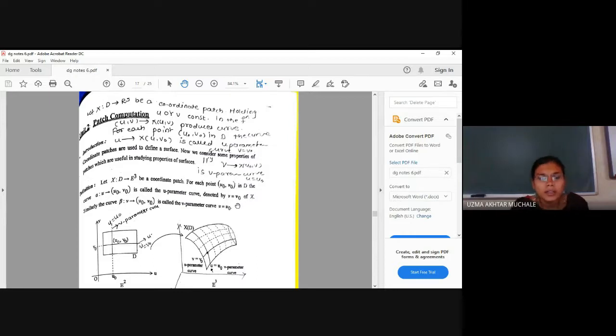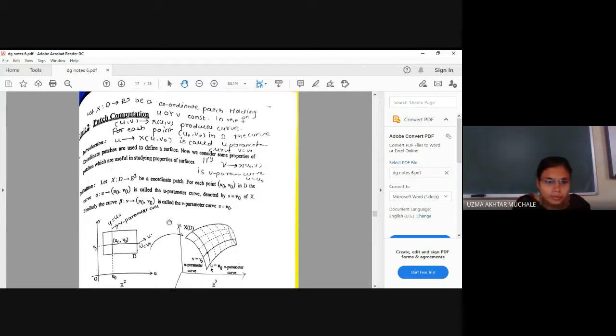Just like, suppose I want to say what is the x-axis, we will say y is equal to 0. What is the y-axis? If we say x is 0. If I say x equal to 0, you will say it is the y-axis. If you put y equal to 0, you will say it is the x-axis. So in a very similar way, it is called a u parameter curve. That means v is equal to v naught is fixed. Similarly, we can have a beta, that is another curve. It is called a v parameter curve. That is, v is not fixed, u is fixed. What is fixed? U is equal to u naught.